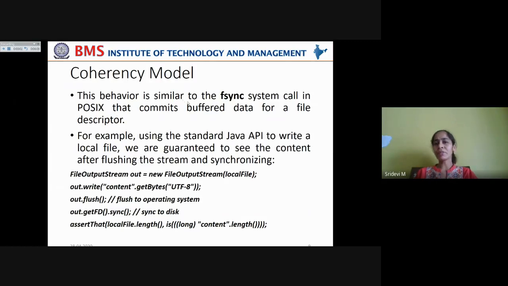Now, this behavior is similar to the fsync system call in POSIX, that is Portable Operating System Interface for Unix, that commits buffer data for a file descriptor. For example, using the standard Java API to write a local file, we are guaranteed to see the content after flushing the stream and synchronizing.